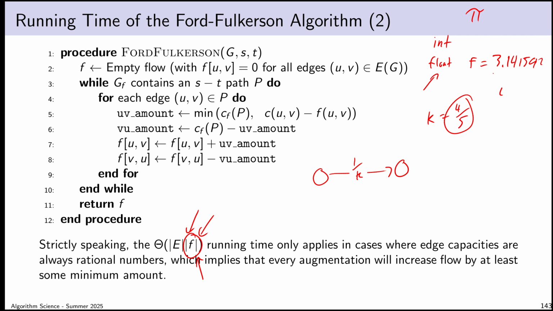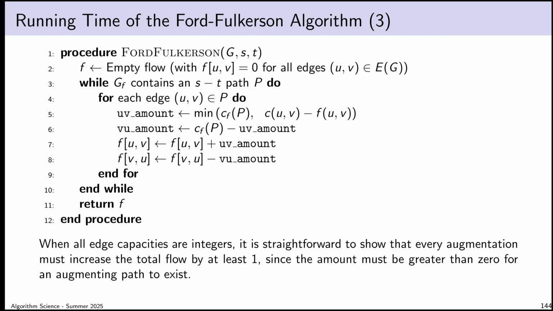There are ways inside of a computer to talk about actual truly irrational numbers, but they require a bunch of extra machinery, basically symbolic algebra tools. So you could implement the Ford-Fulkerson algorithm in those cases, and you would actually run into trouble. But because that's relatively unlikely in our context, I'm going to write that off as a very unusual special case and simply declare that for our purposes, the Ford-Fulkerson algorithm, where all of the edge capacities are rational numbers, does finish in a finite amount of time, and it has this running time in an abstract